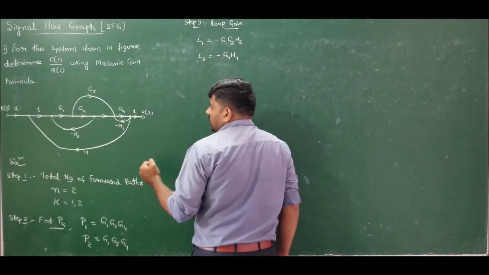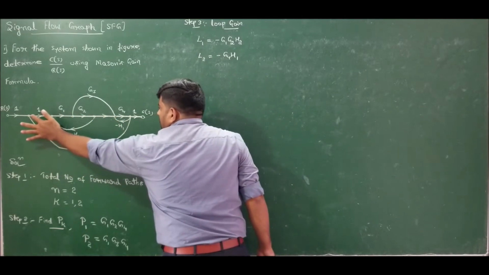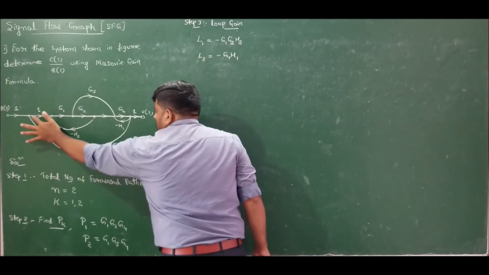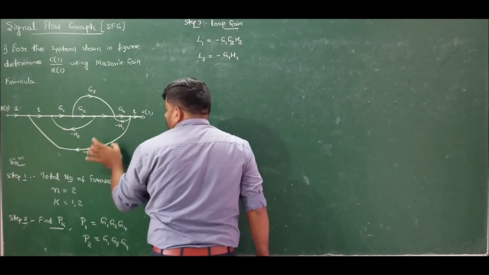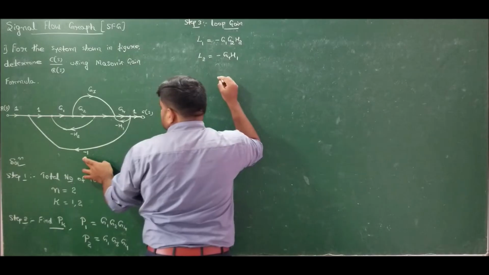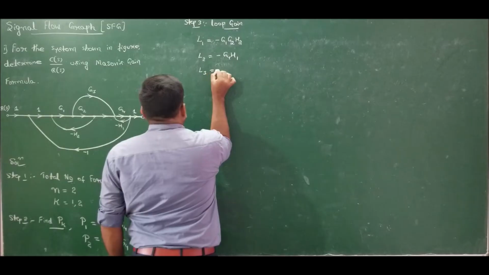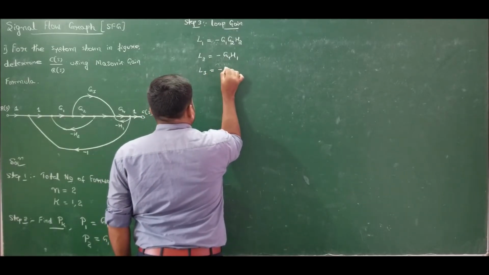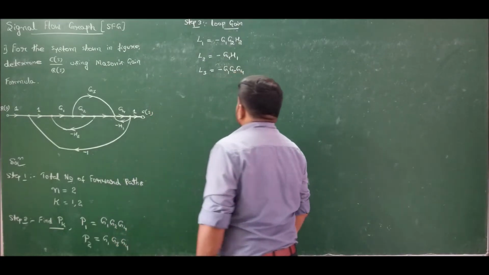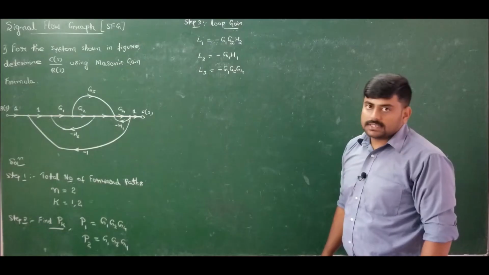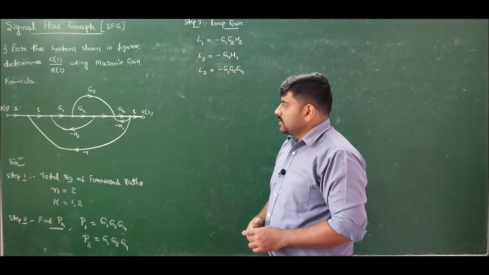Next, moving ahead to the third one, I'll start here and come like this. Again I can go back. Correct? So loop 3 is 1 into G1 into G2 into G4 into minus 1. So it is minus G1 G2 G4. So the loop gain of loop 3 is minus G1 G2 G4. Next, you check any other possibilities. Are there any other possible loops? Is it only 3 loops?